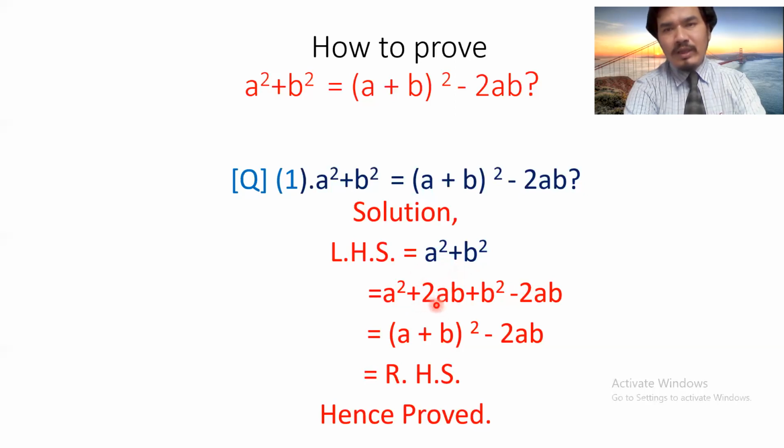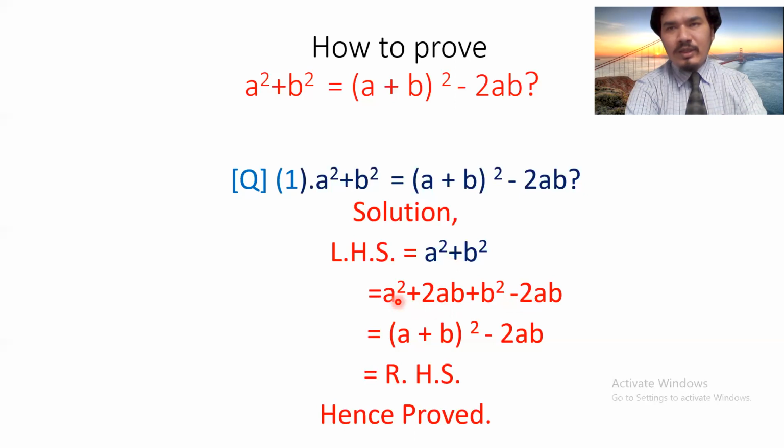The required value we can add and subtract in the same expression. It is a rule, one of the techniques in mathematics. As we require a plus b whole square, we added plus 2ab here, and whatever we added should be subtracted back, because 2ab and minus 2ab mean 0, and the remaining values a square and b square are the same as in the question. Please remember this: if you have to bring a plus b whole square, then add plus 2ab inside, and outside it will be minus 2ab.